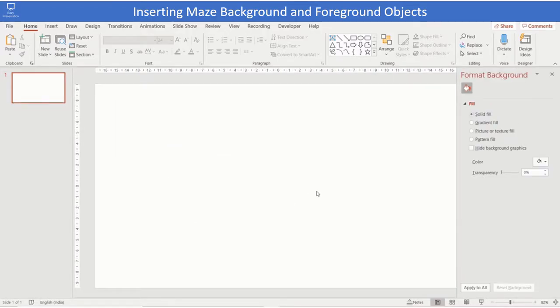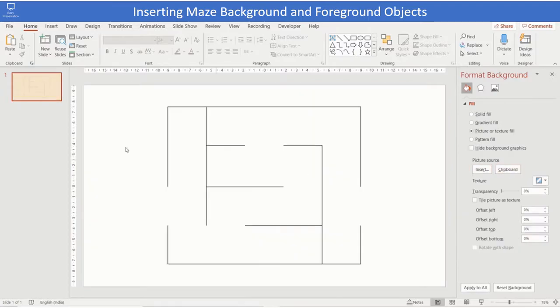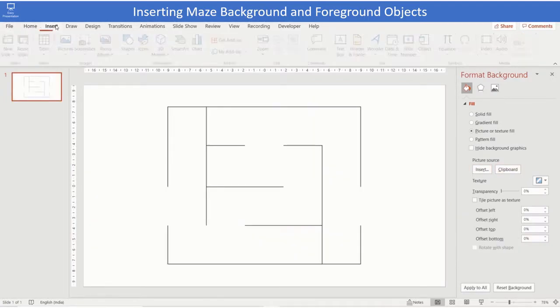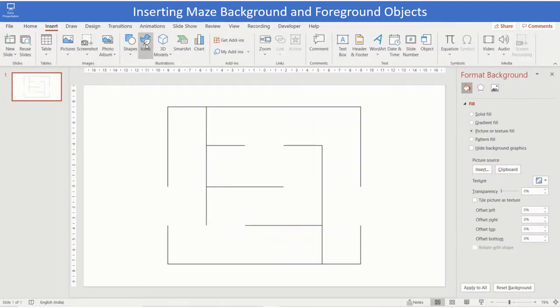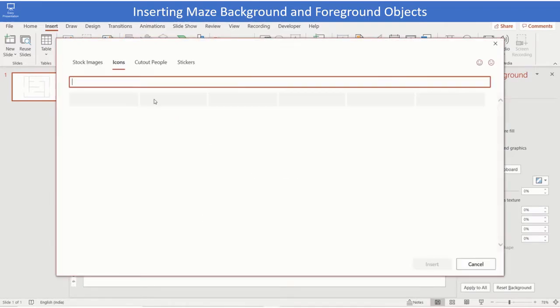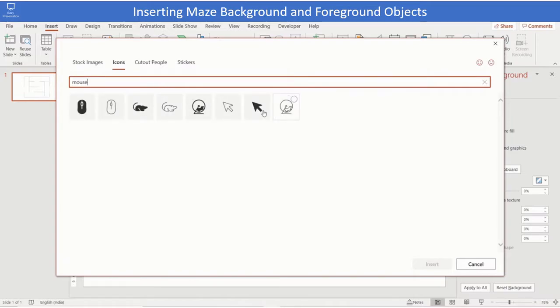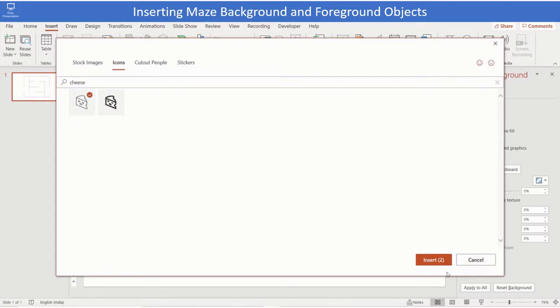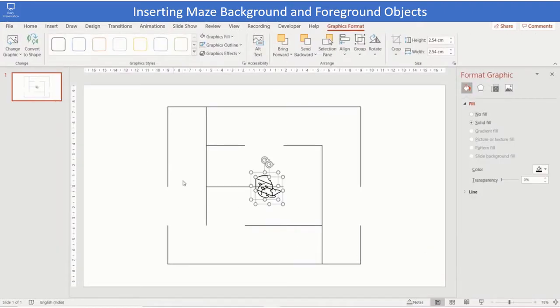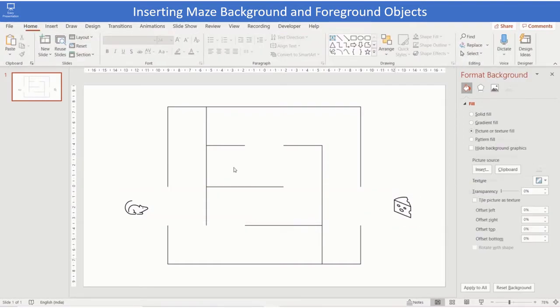In a blank slide, format the background and insert a picture of a maze. The next step is to insert a mouse and cheese picture from icons. Place the mouse at the beginning and the cheese at the end of the maze.